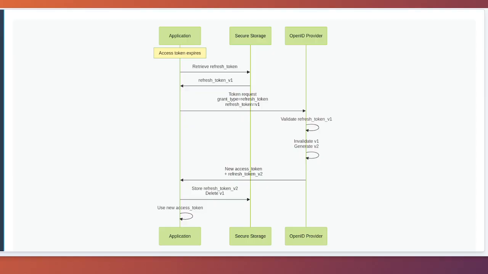Others use absolute expiration, where the refresh token expires at a fixed time regardless of usage. Applications should be prepared to handle refresh token expiration gracefully and should never assume refresh tokens will last indefinitely. Providers can also revoke refresh tokens at any time due to security concerns, policy changes, or explicit user action like changing passwords or revoking